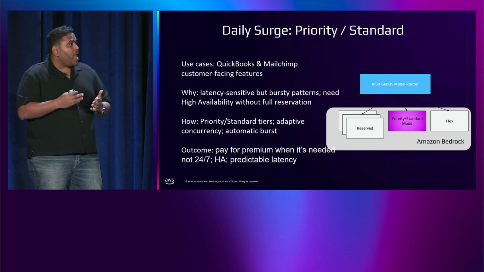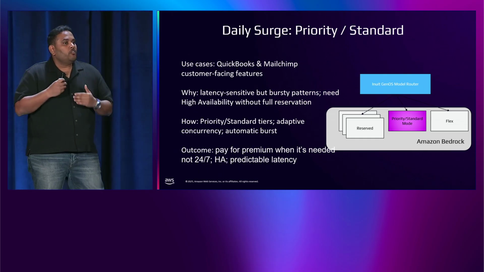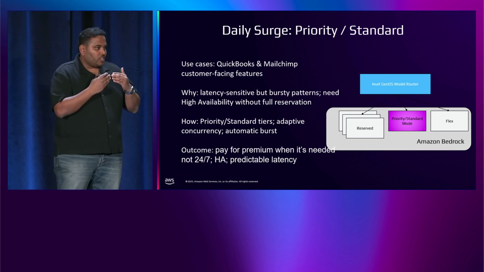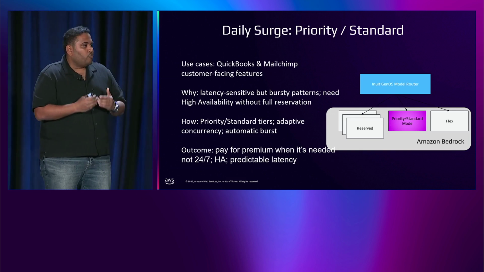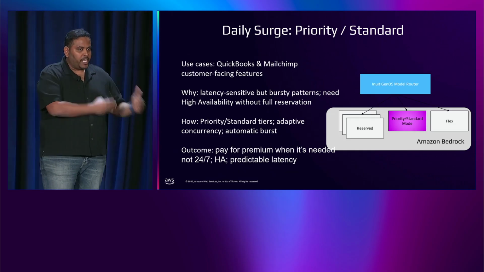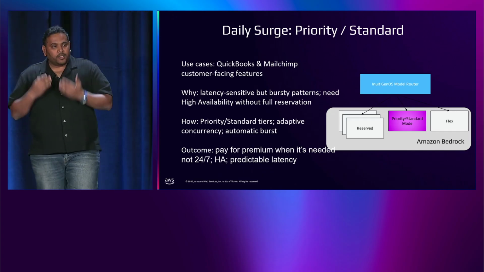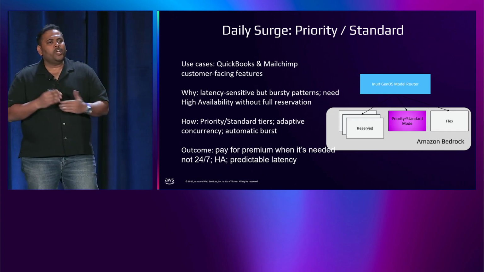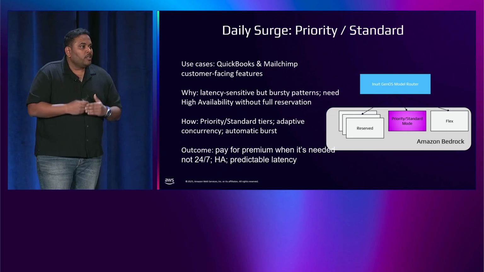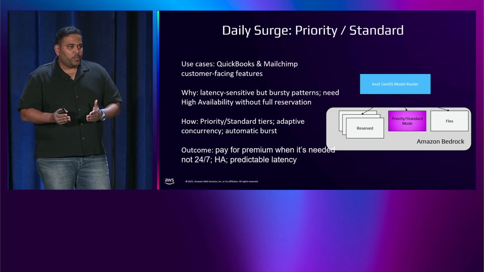That's where the priority or the standard mode offering really helps us. For the critical traffic, which falls under daily spikes, for which we want to serve with low latency, we can leverage the priority mode, which is available. And for the spikes which are not that critical, but where latency is still important, we can definitely use the standard, the on-demand capacity model from Bedrock.